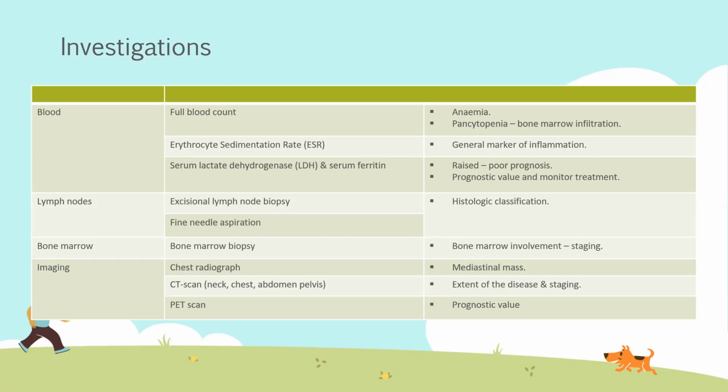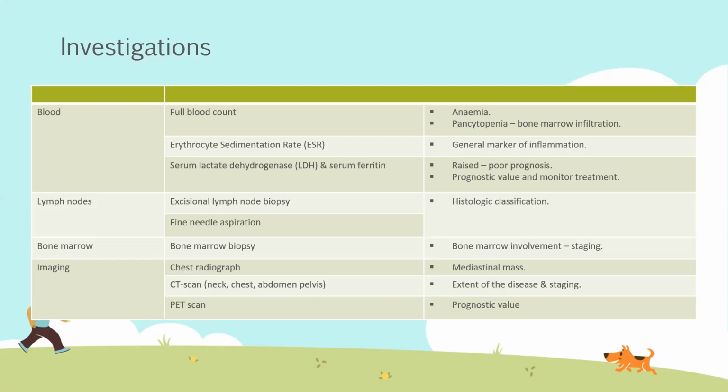And then we can do lymph node investigation. For lymph node investigation, we have excisional lymph node biopsy and fine needle aspiration cytology. These two are mainly for histologic classification. And then we can do bone marrow biopsy to look for bone marrow involvement, as it is important